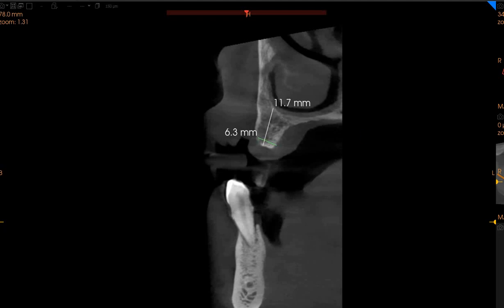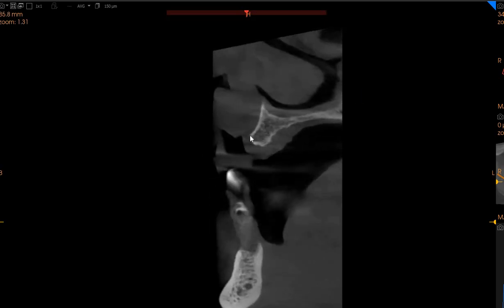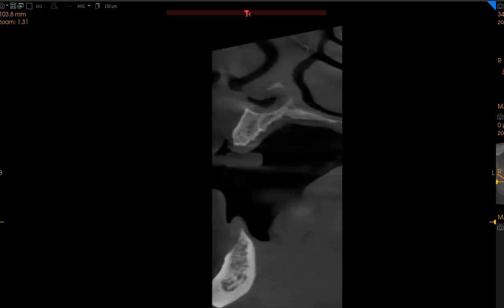6 millimeters of width with 10 millimeters of height. Then we move on to the central incisor region. Very poor bone quality here, but we've got 5 millimeters of width with 9 millimeters of height. Moving to the central on the left hand side, again we've got 6 millimeters of width with 8 millimeters of height, and then the canine region right here on the left hand